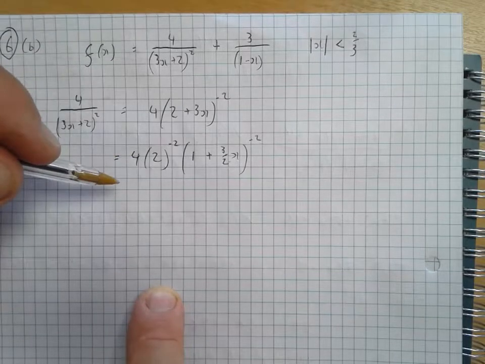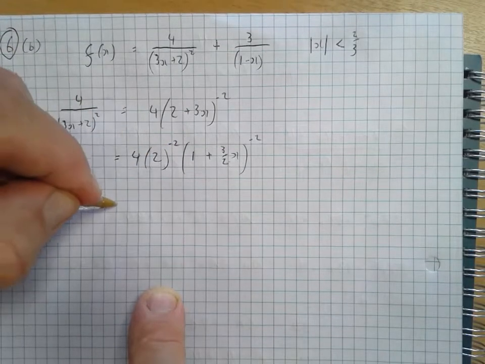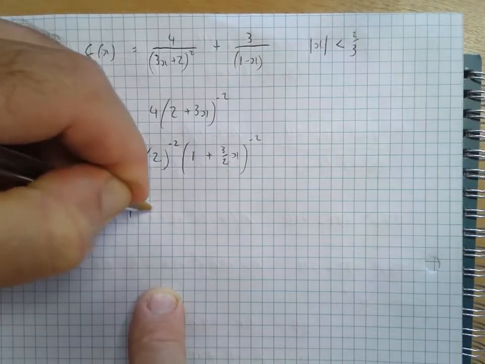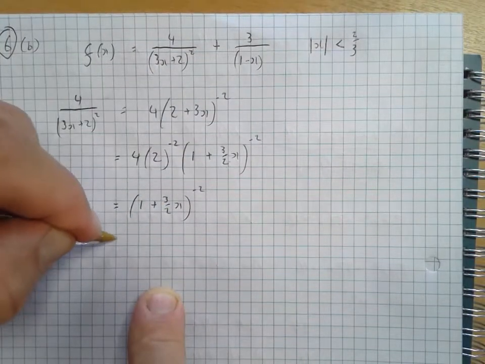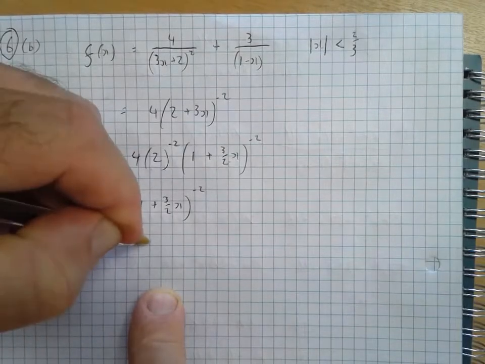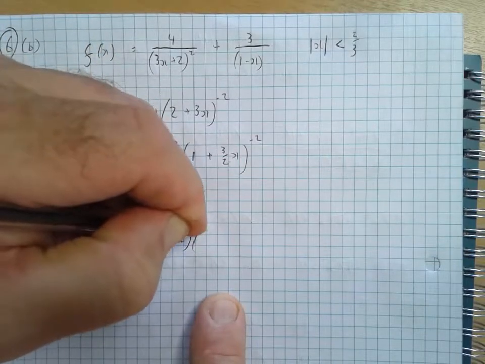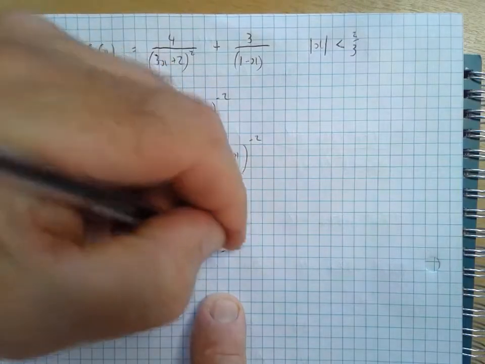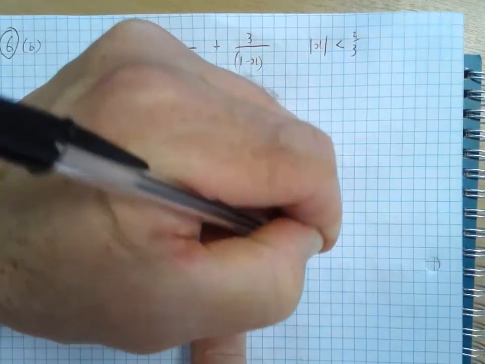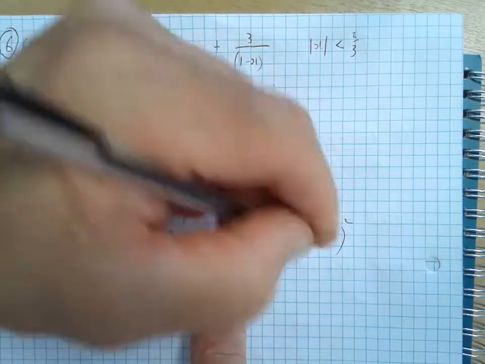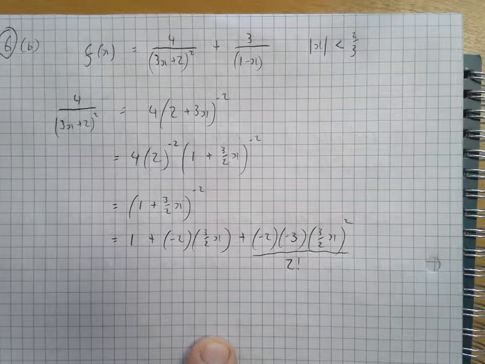Right, and 4 times 2 to the power of minus 2, well 2 to the power of minus 2 is a quarter, so 4 times a quarter is 1, so that just equals (1 plus 3 over 2 x) to the power of minus 2, which equals, using expansion, 1 plus minus 2 times the second term, which is 3 over 2 x, plus minus 2 times minus 3, (3 over 2 x) squared, all over 2 factorial. Okay, as before, just do it term by term